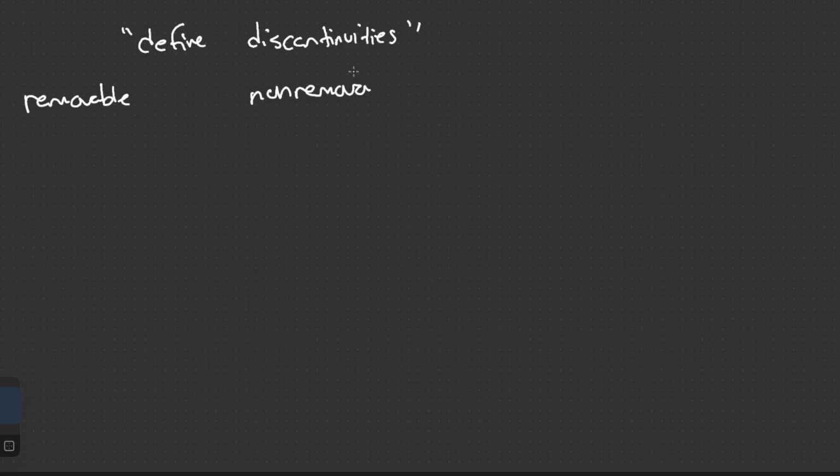how we're gonna define discontinuities. So there are two types. There's the removable discontinuity, and the non-removable discontinuity. Removable, essentially